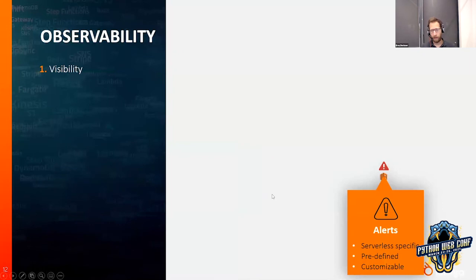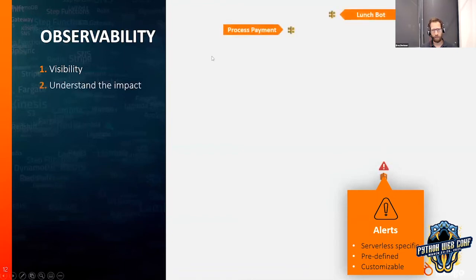The second thing that you need to do, once you understand that there's an issue, is to understand what this is impacting. Because it's very different if it's impacting a critical IoT device that is working on payment, or a different IoT device that is doing something that is not business critical. And the ability to understand that in a microservice environment derives from the fact that you can connect the dots.